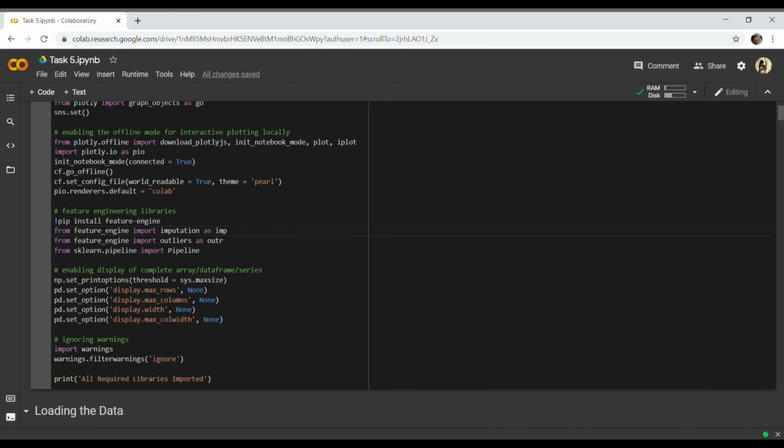All of these features are contained within a single library. Even sklearn has several of these features, but the features in feature engine are very flexible. That's why we use this.